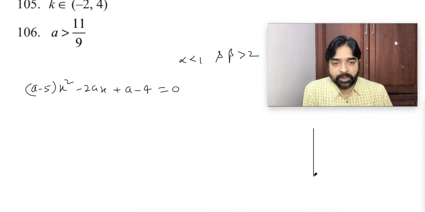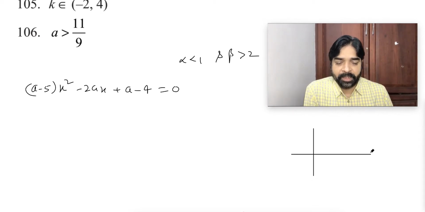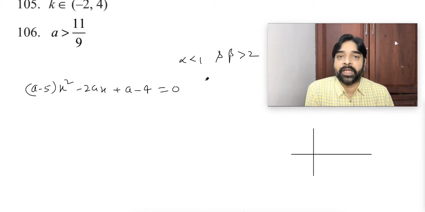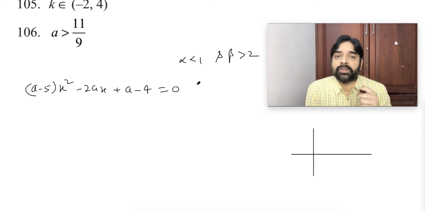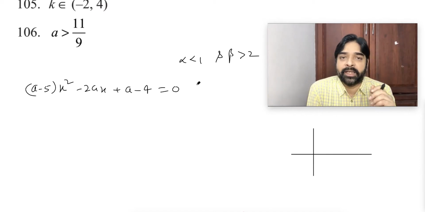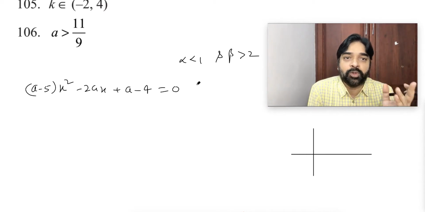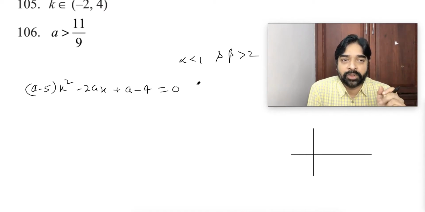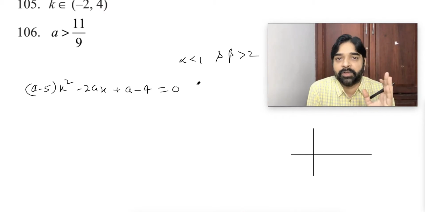So actually there are two possibilities. Since roots are following an inequality, 100% sure D will be greater than 0. And D equal to 0 case I will not consider here, because in this case especially D equal to 0 is impossible, because one root is smaller than 1 and other is bigger than 2. That means both roots are different roots. If both roots are different, how is it possible that D can be equal to 0? So D equal to 0 case is gone. D less than 0 case gone.